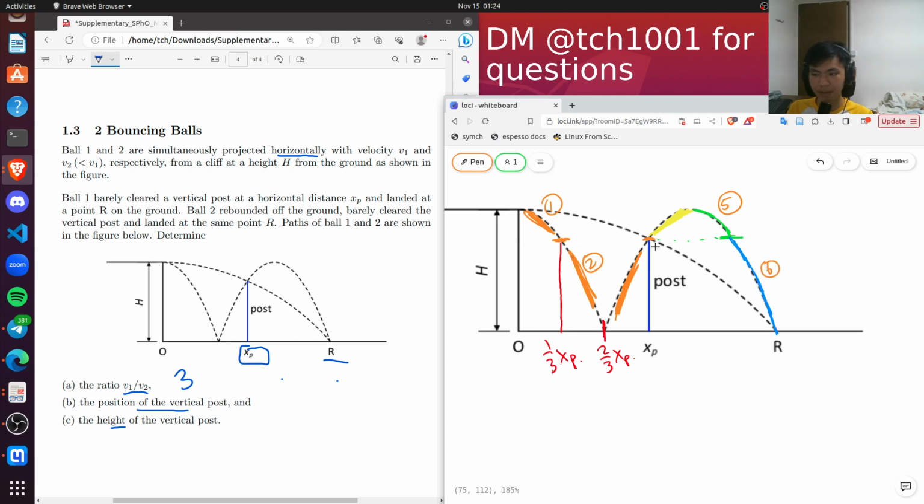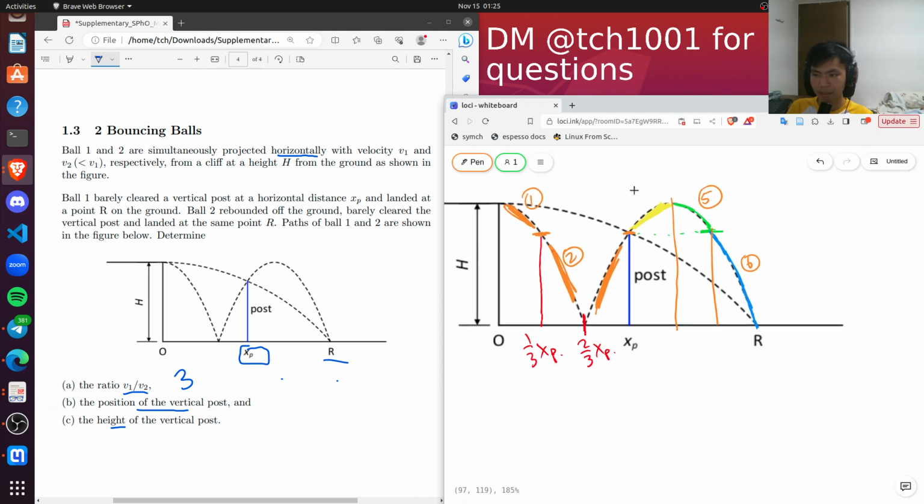They're just translated, right? And hence, if we know number 1 and number 5 is the same, and number 2 and number 6 is the same, then that tells us that number 5 is also of length. Horizontal displacement during number 5 is also 1/3 of xp, and the horizontal displacement during number 6, the blue one, is also 1/3 xp, and that tells us that